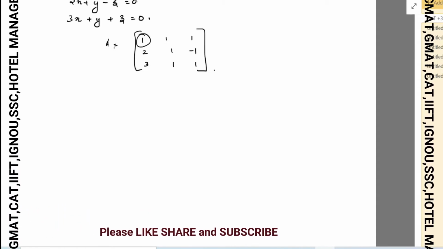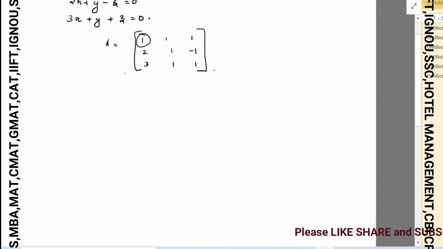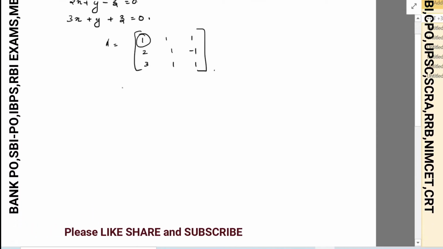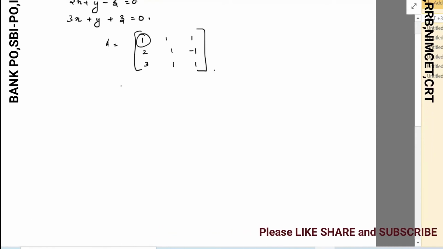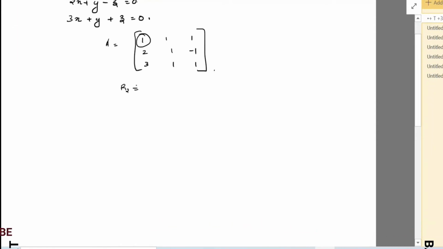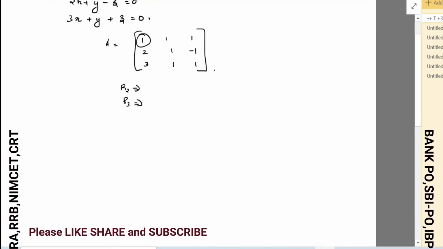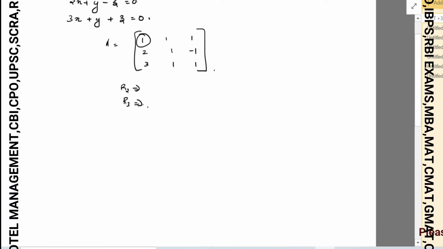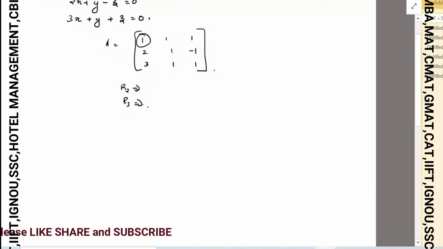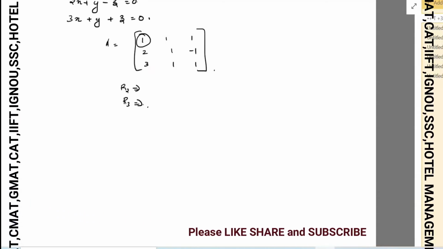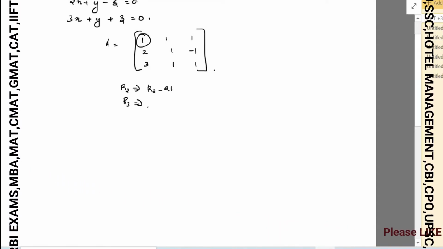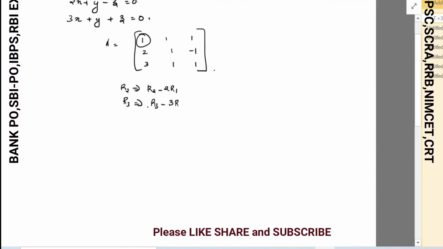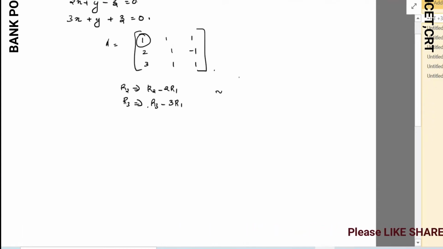So what are the operations? We have to change R2 and R3. R2 changes to R2 minus 2R1, and R3 minus 3R1. So this will become